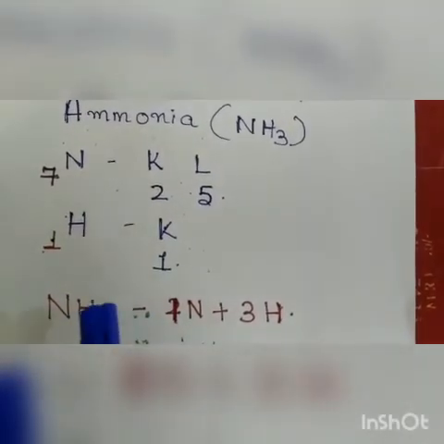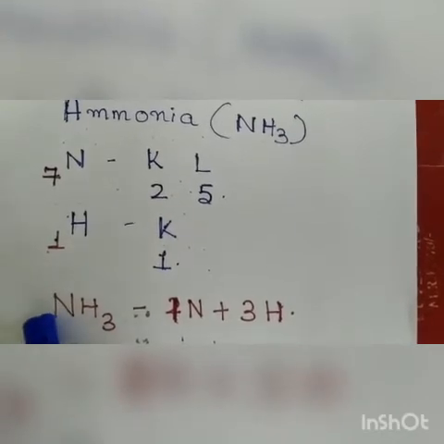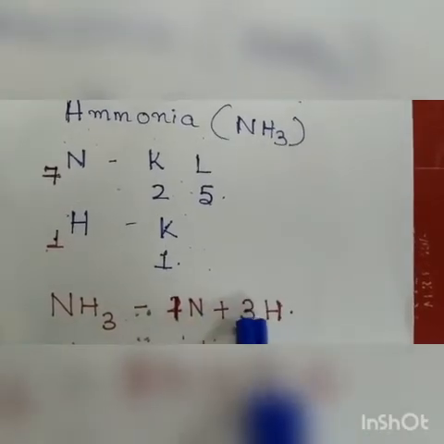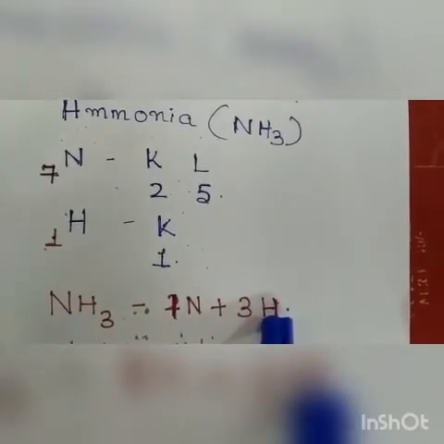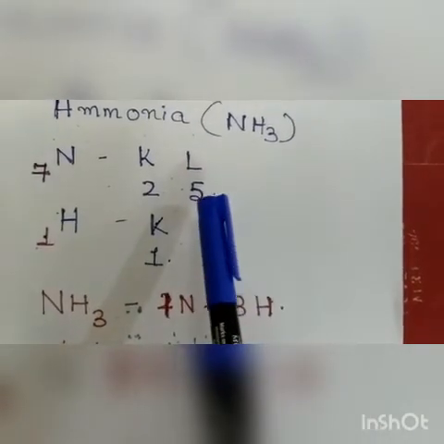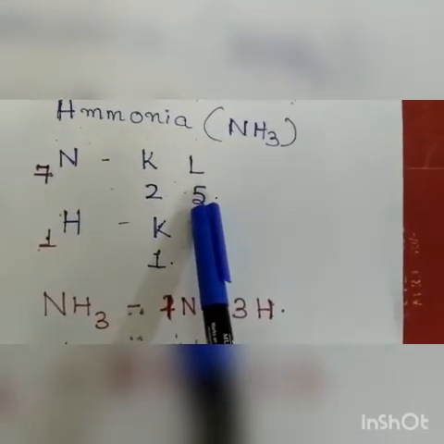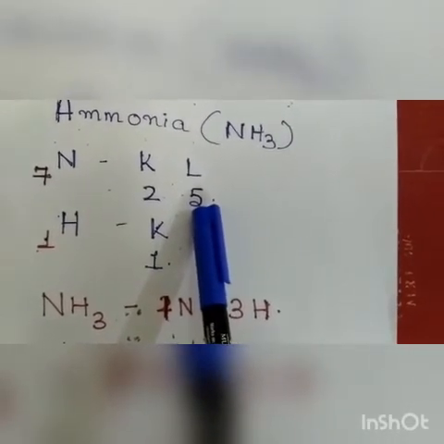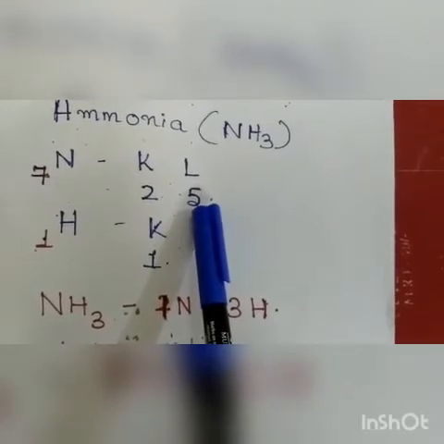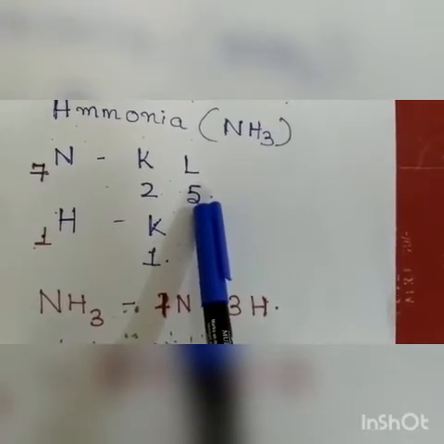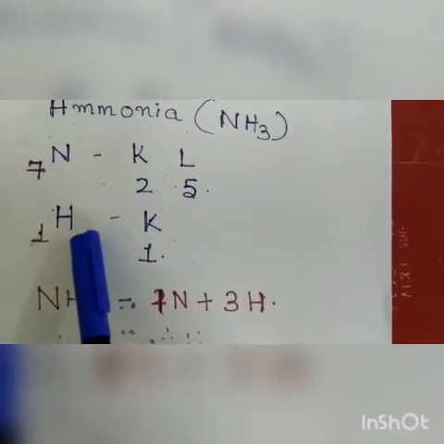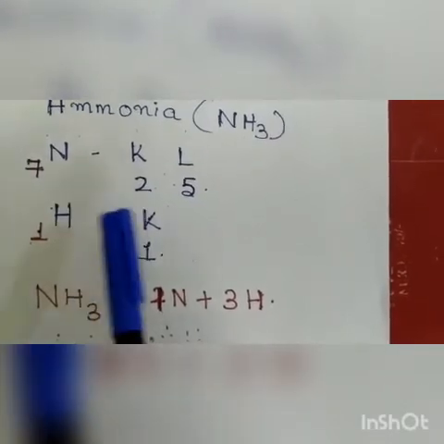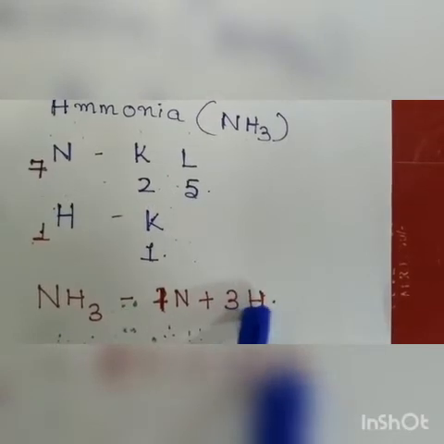Now let us see in total how many electrons are there. This is one molecule of ammonia. In one molecule of ammonia there is 1 nitrogen and there are 3 hydrogen atoms. Now how many valence electrons are present in nitrogen? In nitrogen there are 5 valence electrons, but the second shell is incomplete because it needs 3 electrons to complete its second shell. And even in hydrogen, the first shell is incomplete because it needs 2 electrons to complete its first shell. Now there are 3 hydrogen atoms.